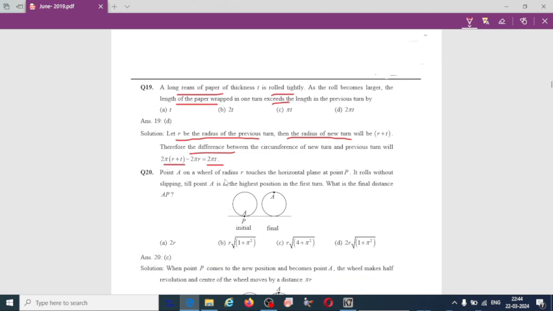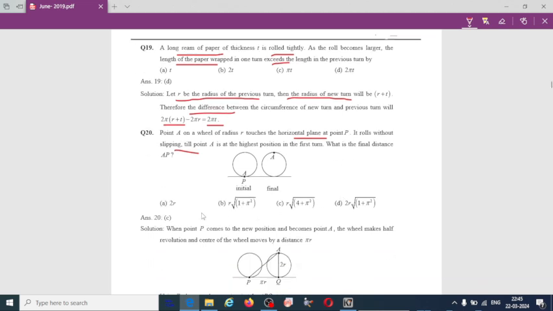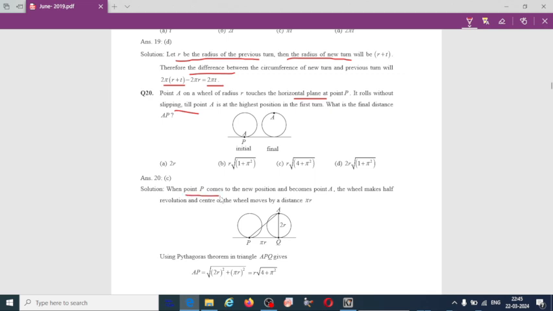Point A on a wheel of radius R touches the horizontal plane at P. It rolls without slip till point A is at the highest position in the first turn. What is the final distance AP? So when point P comes to the new position and becomes point A, the wheel makes half revolution. The center of wheel moves